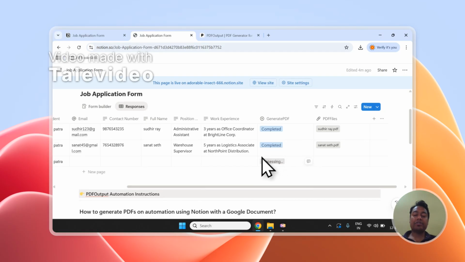And you can see it has started processing this document which we had marked as ready to generate earlier, and it is converted to a PDF file right over here. This makes it so powerful and easy to use as everything happens live inside the database, and thus you can take the best advantage